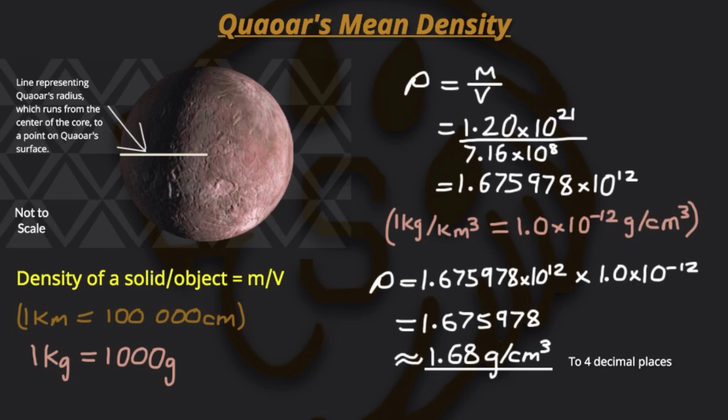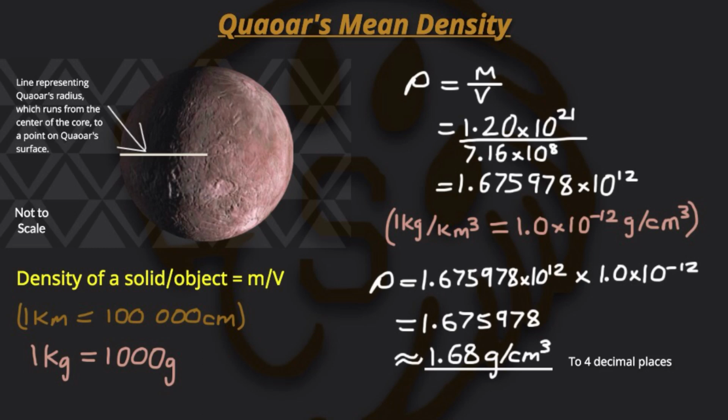which is 1.675978 by 10 to the power of 12. I stand to be corrected, but that should be in kilograms per cubic kilometers. And as you can see, 1 kilogram per cubic kilometer is equal to 1 by 10 to the power negative 12 grams per cubic centimeter. So that's the rate we're going to be using to convert that density into grams per cubic centimeter. So what we do is we multiply with that 1 by 10 to the power negative 12, and that means it